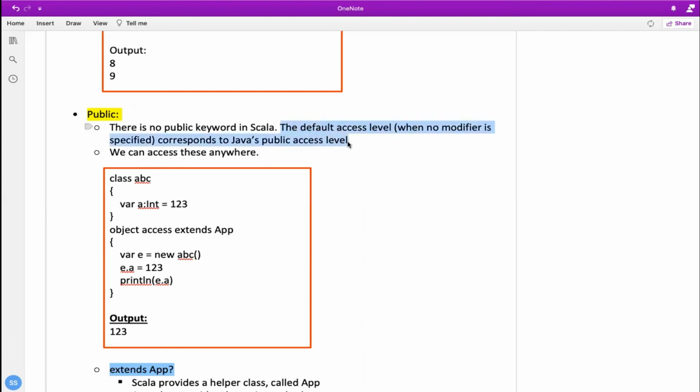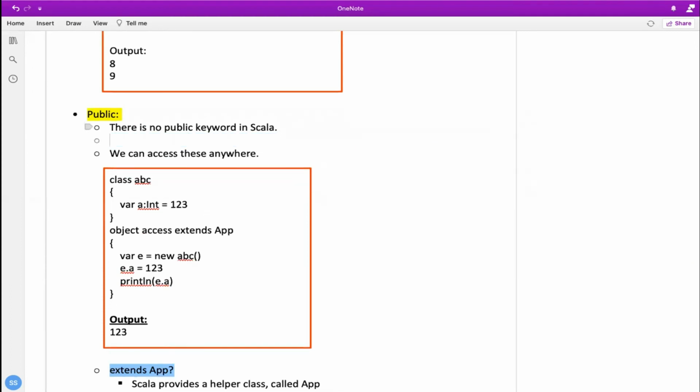Okay, you may write it, it is similar to Java. You may write this. Okay, we can access these modifiers within the class, outside the class, anywhere. As you can see, this class is not actually extending ABC, but still we are able to assign a new value. Let's say we can assign 3 to 1, then it is possible. The output would be 3 to 1.